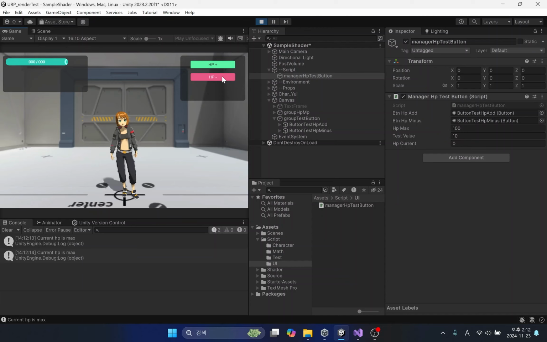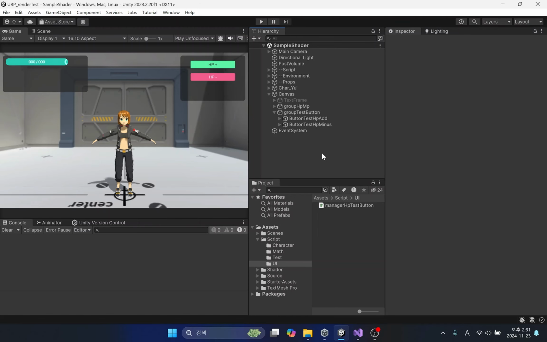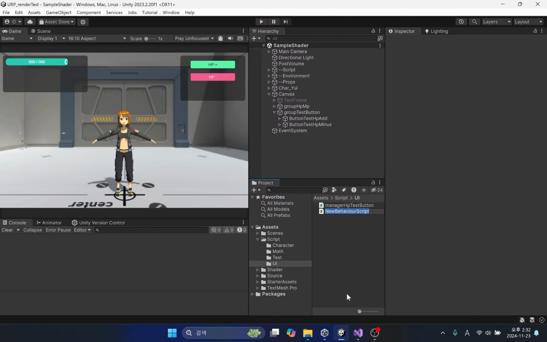Now let's write some codes to make the length of the HP bar change in real time. Let's create a new script. I will name this script Manager HP bar update.